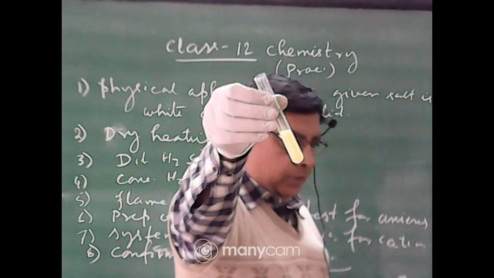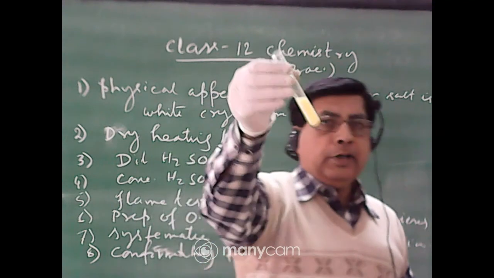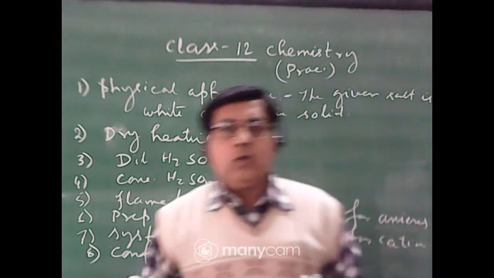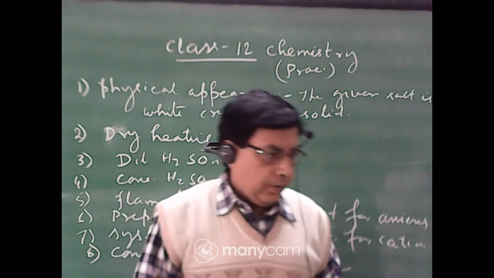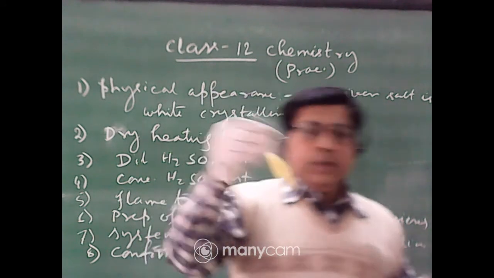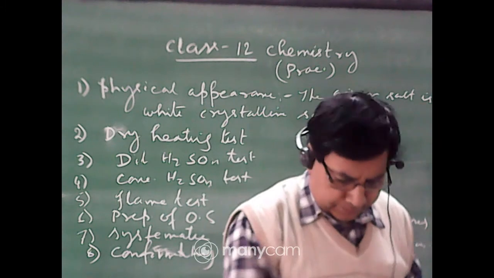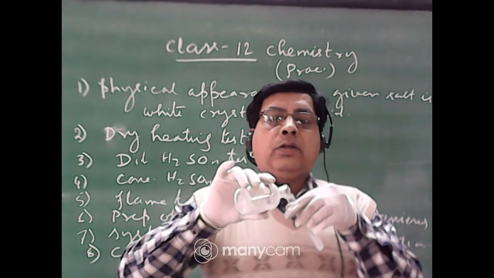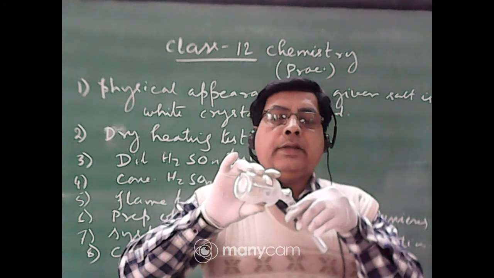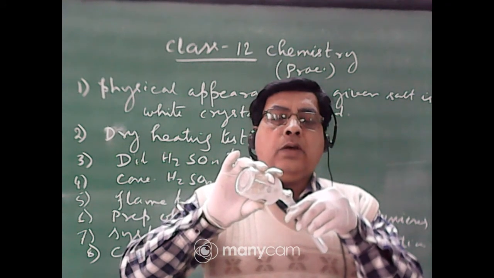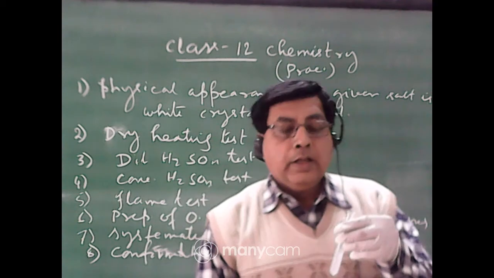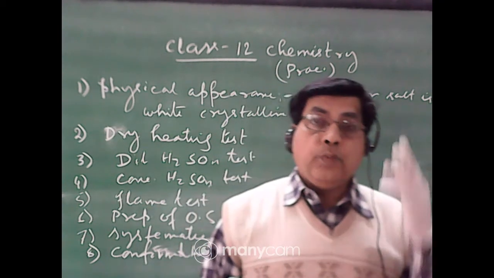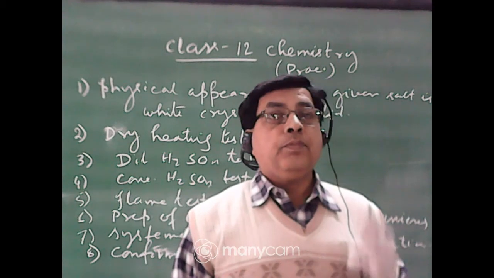Yellow precipitate is formed. This yellow precipitate confirms the presence of barium ion. So what is the salt? Barium nitrate. In the second part, you add sodium oxalate. Again you observe a white precipitate is formed. Here I have already mentioned earlier, in group 5, the best test is the flame test.